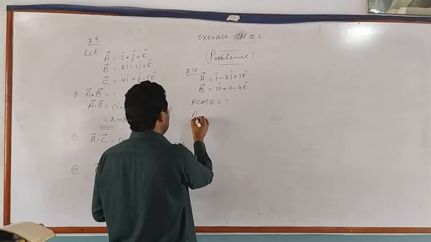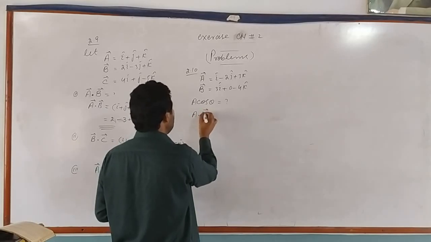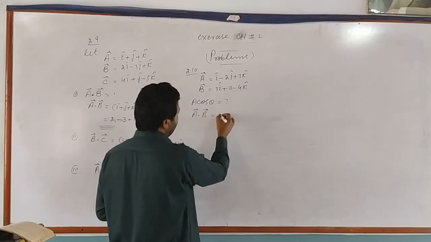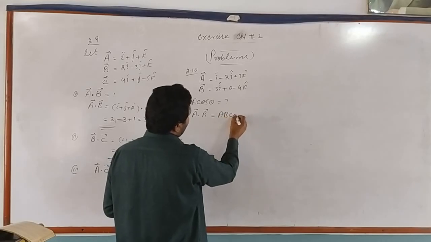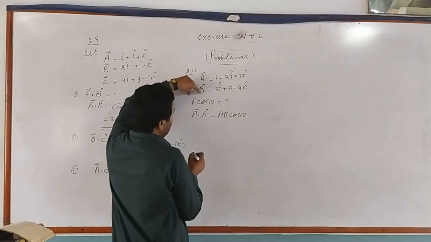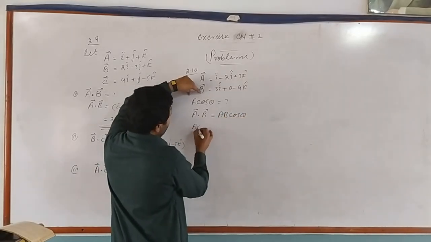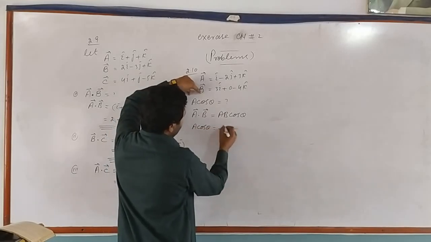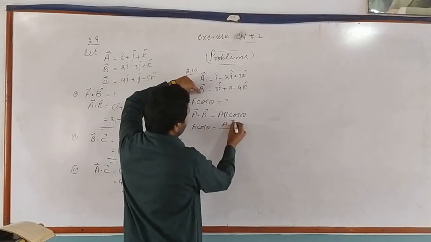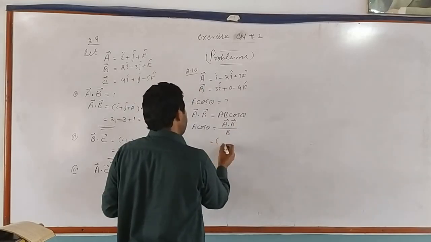Dear students, we know that the dot product of two vectors A and B is AB cos theta, as we have to find A cos theta. So A cos theta from this formula will be vector A dot vector B over magnitude of B. Putting the values